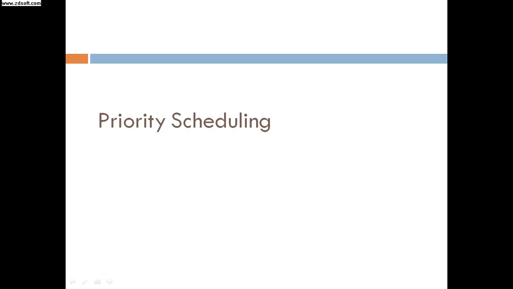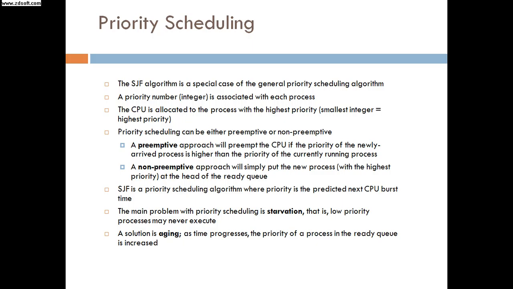Next is priority scheduling. It is a special case of the SJF algorithm. Here, we assign a priority number to each and every process. The smallest integer is treated as the highest priority. Again, priority scheduling can be preemptive or non-preemptive in nature. The non-preemptive approach will simply put the new process at the head of the ready queue, which has